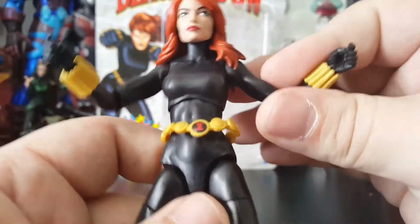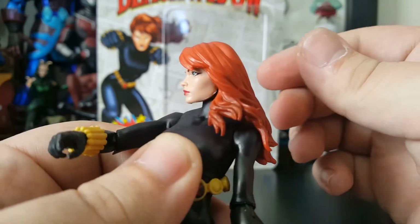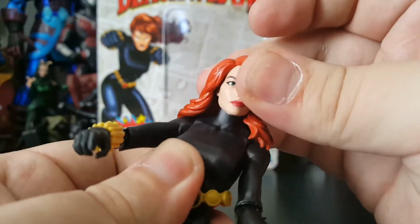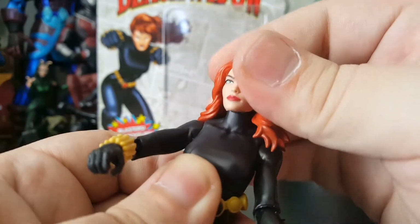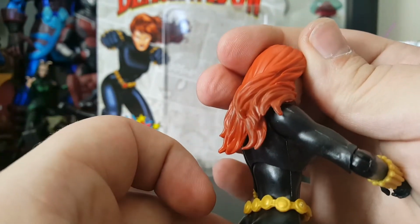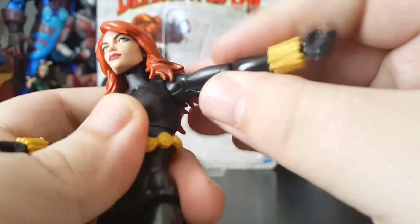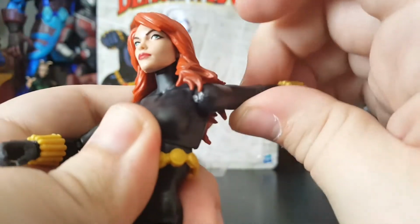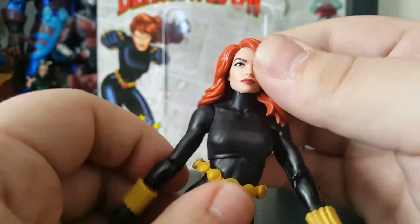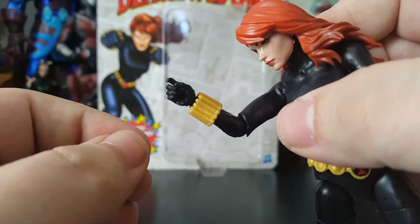Articulation wise, she can look left and right a little bit. The hair does prevent it. She can look more to her right than her left because that hair definitely blocks it. You have to bend her head down a little bit. Looking down, she can look down quite a bit. Looking up, not so much because she has that whole chunk of hair that's just pushing against her back. Arm articulation. Arm goes out, and hair does restrict it on this side. Let's see if it does it on this side as well. It does, so you'd have to turn her head to the side, and then you can get the full rotation. She gets the single joint elbow bend,